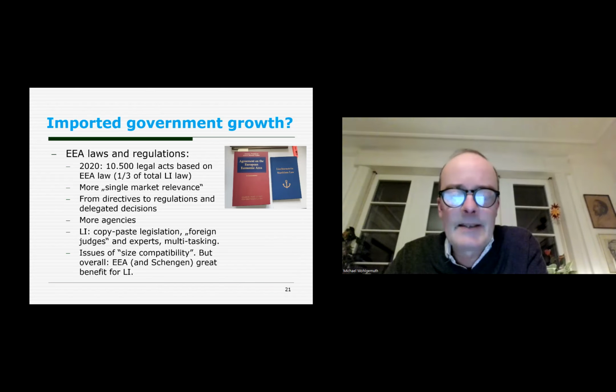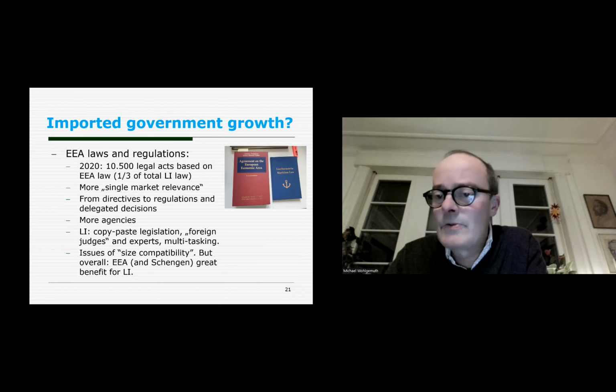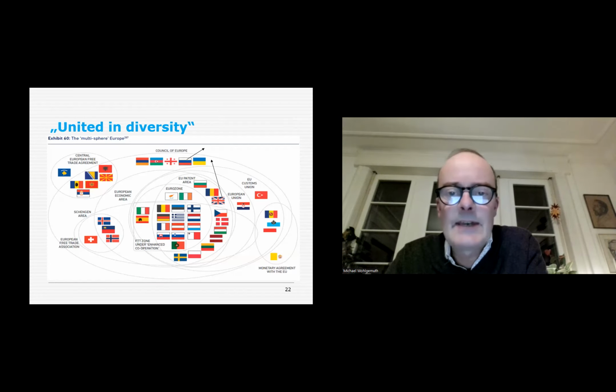And then more and more, especially in financial markets, is being organized by agencies in which EFTA countries do not have a representation. So here you get regulation without representation, which is not true for the single market part, but has become a problem somehow, that Liechtenstein has to adopt much more laws and regulations than it would otherwise have done as such a small state.